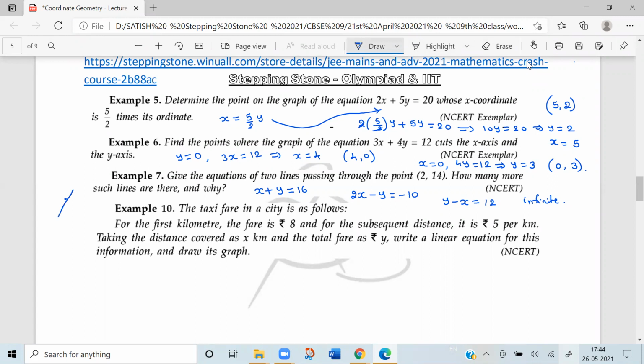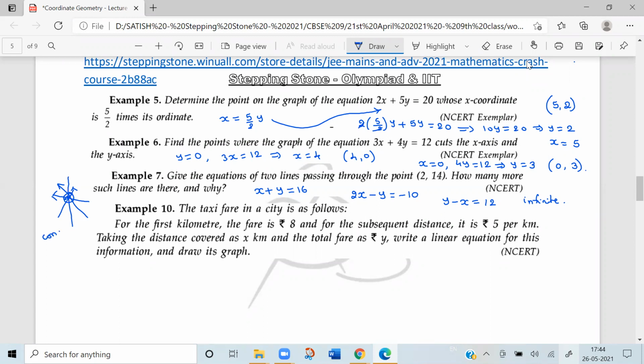So through a point, this is one line and this is another line and this is another line. Like this you can plot several lines. Now all these lines are called what? Some specific name is there. Anybody know? All these lines are passing through the same point. Then these lines are called what?